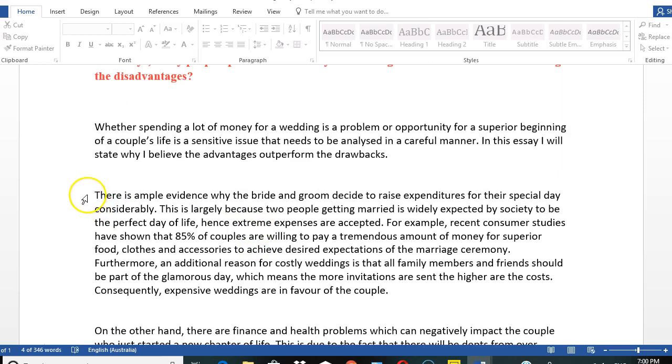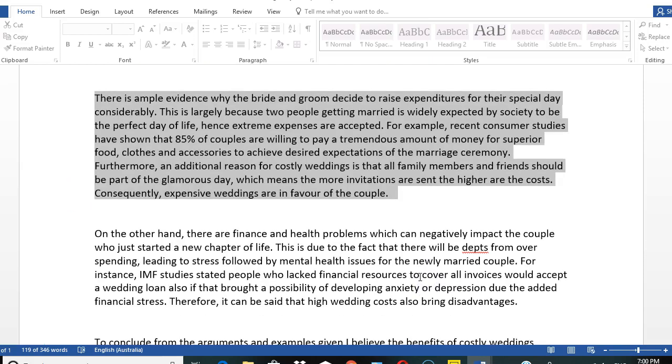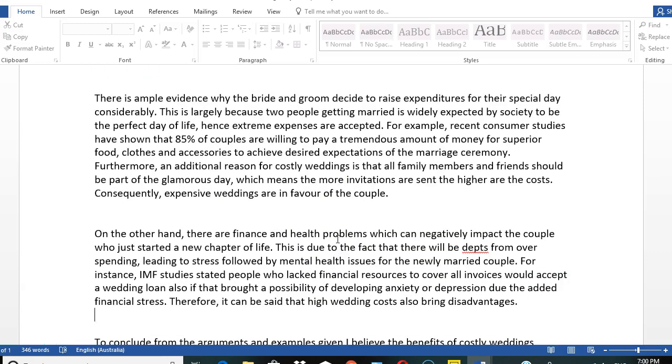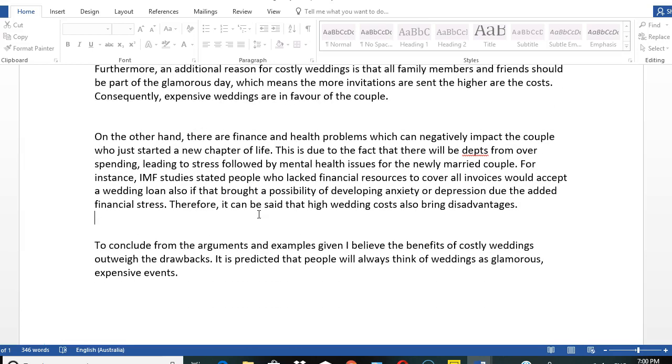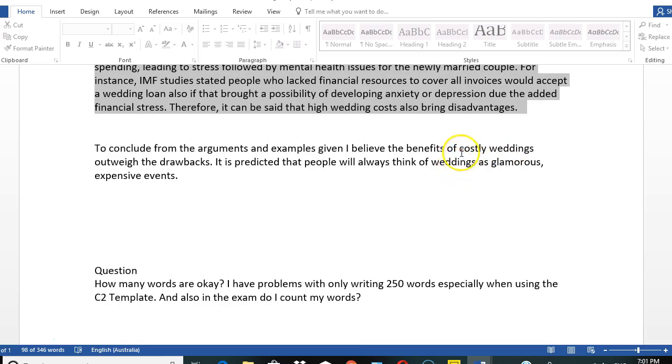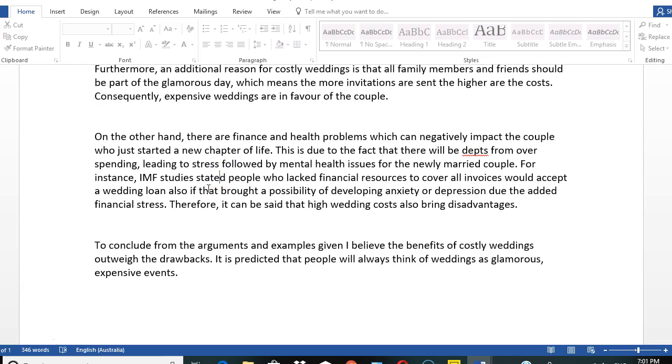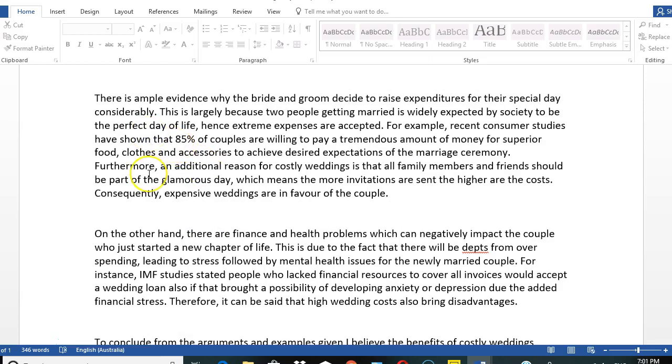So you have this paragraph about the advantages, and you have the paragraph about disadvantages. However, they are kind of equal. I can't feel that there are more advantages than disadvantages because the paragraph on disadvantages is, so I don't know, disturbing in terms of the argument. I mean, mental health is a very strong argument, and then you say, oh, well, actually, the benefits outweigh the drawbacks. Then there's a problem with coherence in this paragraph about disadvantages and some coherence issues in the first body